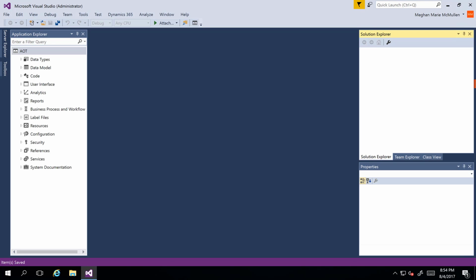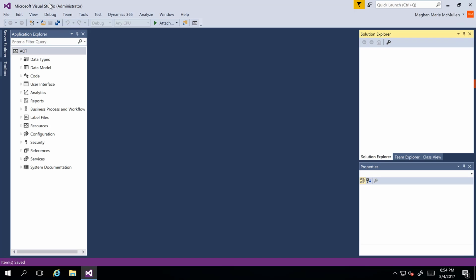In this demonstration, I'm going to show you how to create a table extension. We'll recall that we're going to create an extension of the CUS table per our fleet management scenario. So the first thing I'm going to do is open up our fleet management project or our DB fleet management